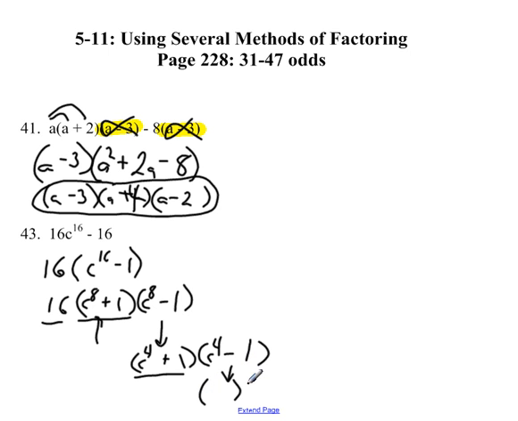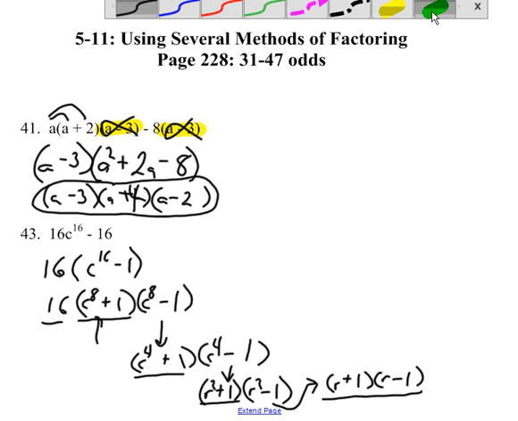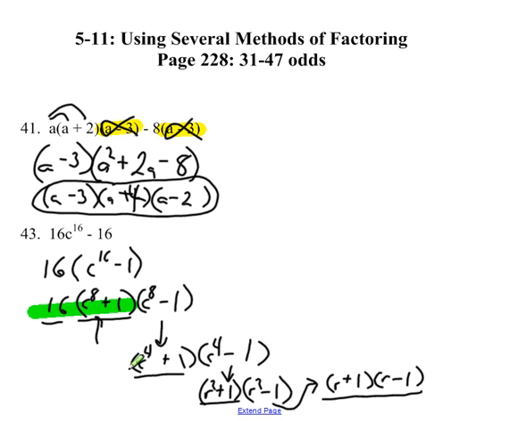But I can go a step further with c to the 4th minus 1, making that c squared, and that's a plus 1 minus 1 difference of 2 squares problem. I can't touch c squared plus 1, but I can take c squared minus 1 down one more step to c times c, and it's another difference of 2 squares, plus 1 minus 1. So I've got that as part of my answer. Let me start highlighting things so I don't lose track of where I'm at. I'm going to need 16, c to the 8th plus 1, c to the 4th plus 1, c squared plus